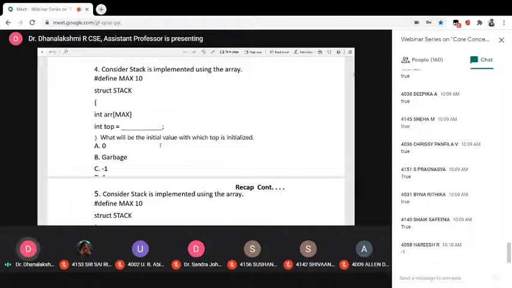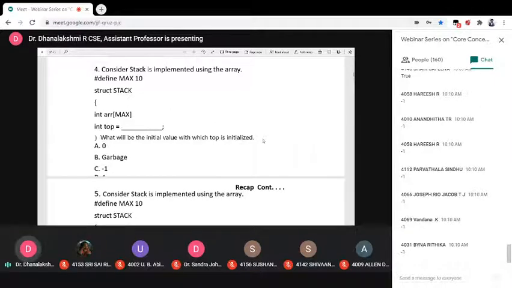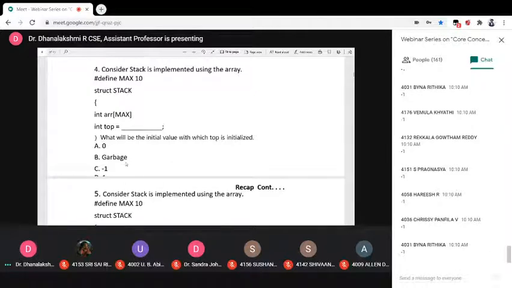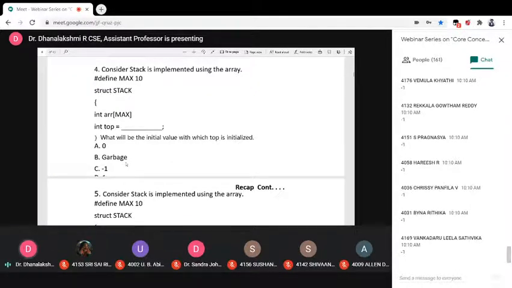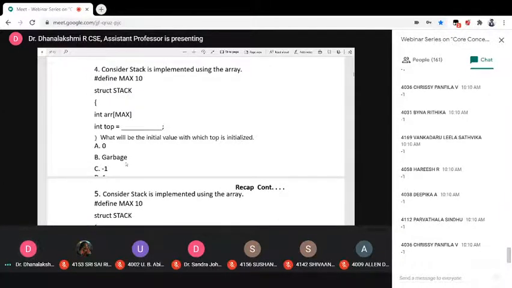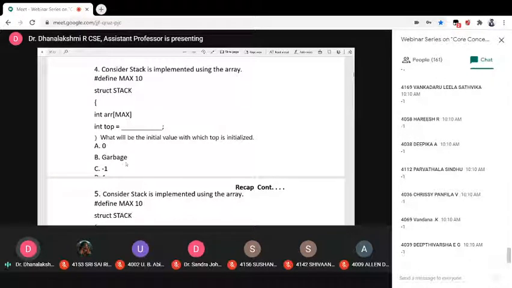What will be the initial value with which top is initialized? 0, some garbage value, -1, or 1? Yeah, Ritika, Vika, Harish, Deepika, the answer is -1. Here we have to initialize top as -1. What is the meaning? Already I told you, -1 represents that our stack is empty.